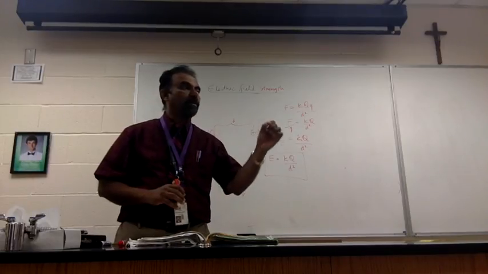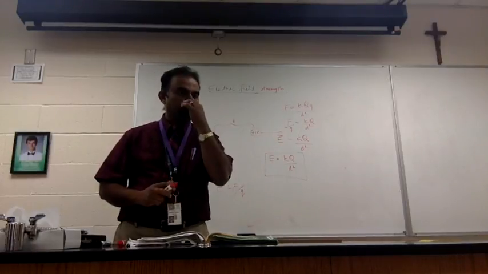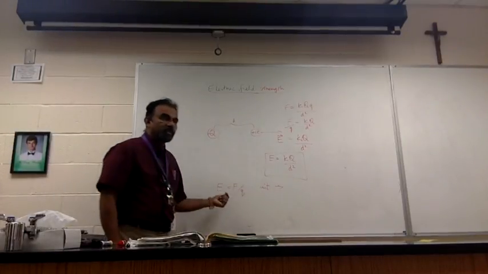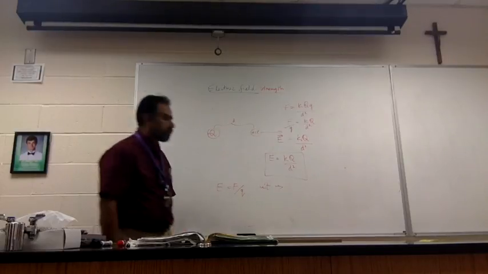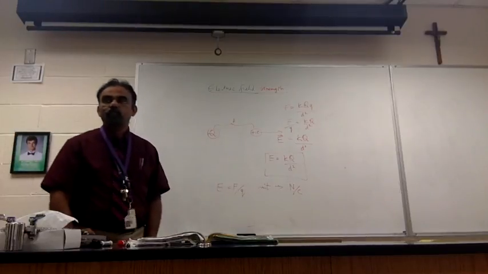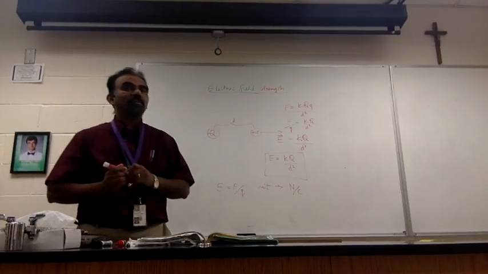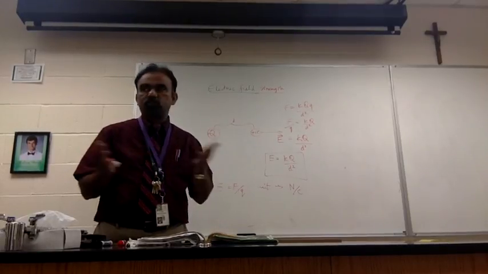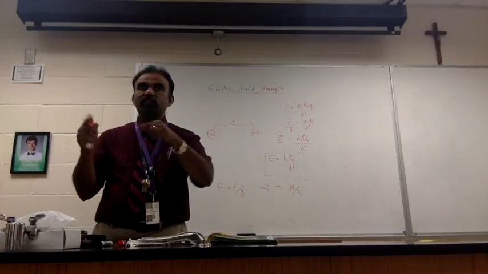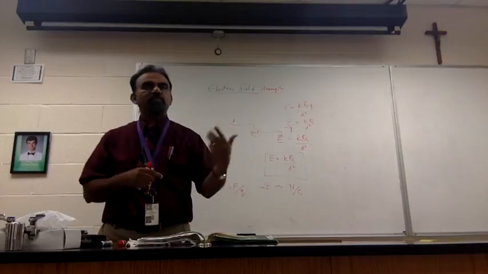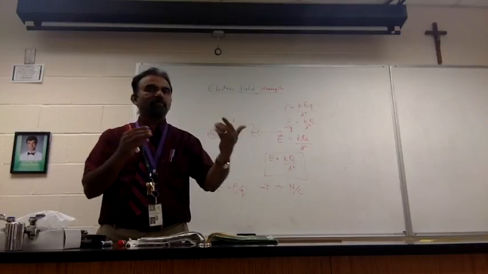So it is the force per coulomb. What's the unit of electric field strength? Because I said it's force per coulomb. What is it? Newton per coulomb. What's the gravitational field strength unit? Newton per kilogram. See the comparison? Gravitational field strength is Newton per kilogram, 9.8 Newton per kilogram. And here we're calling it Newton per coulomb. Very similar